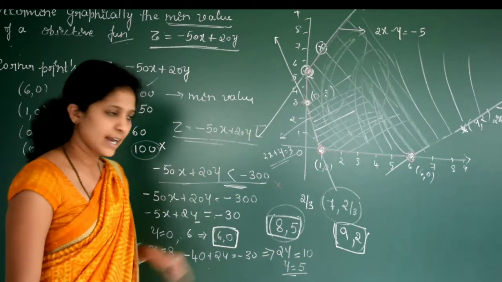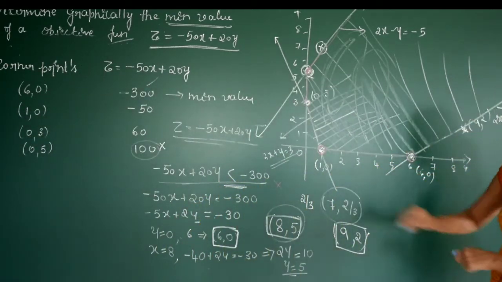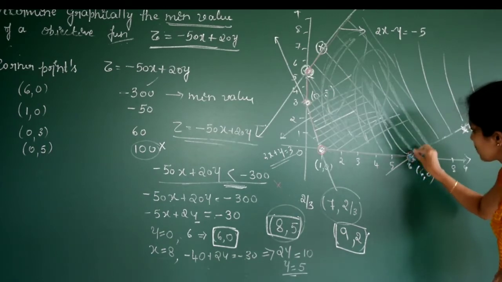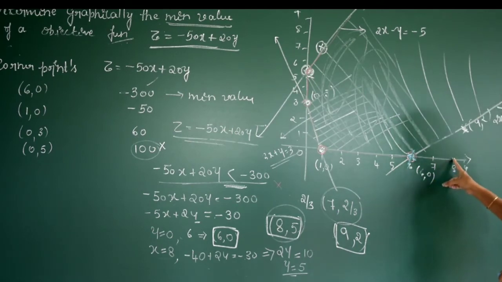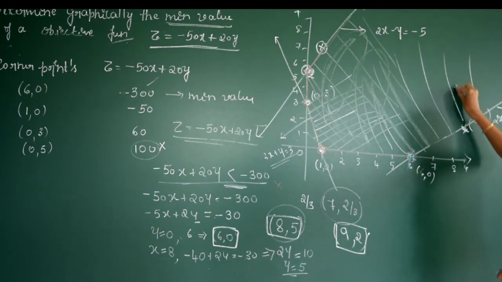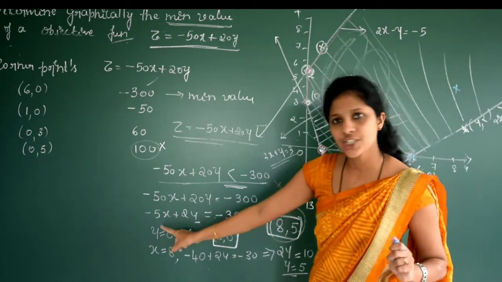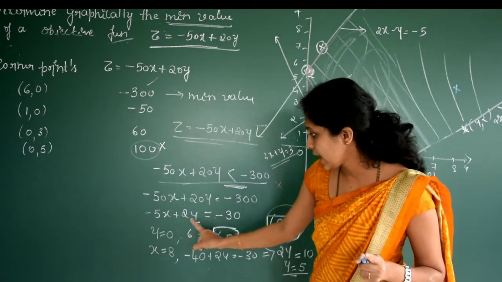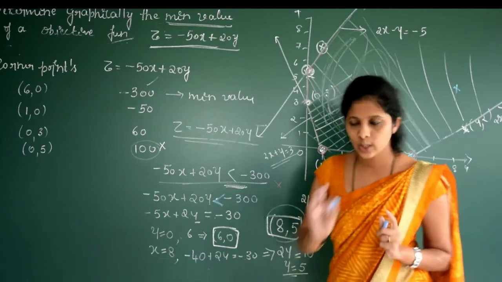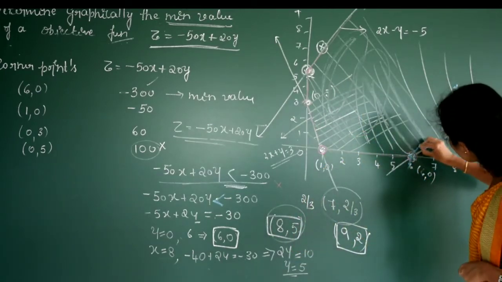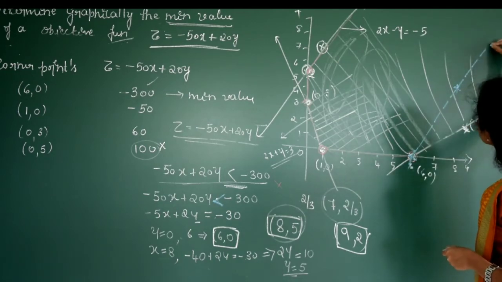Let us draw a line and we'll check this one. Here is the point 6, 0. Now another one is x is 8 and y is 5, somewhere here. Now the inequality is minus 5x plus 2y is strictly less than minus 30, so the line should be dotted. We'll draw the graph of this one. So this is the line.